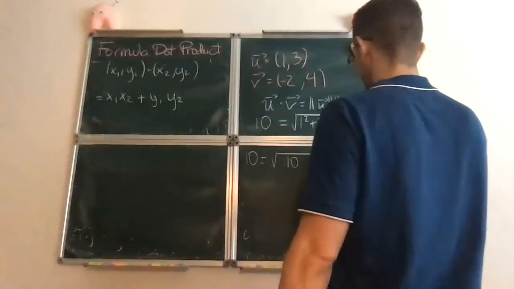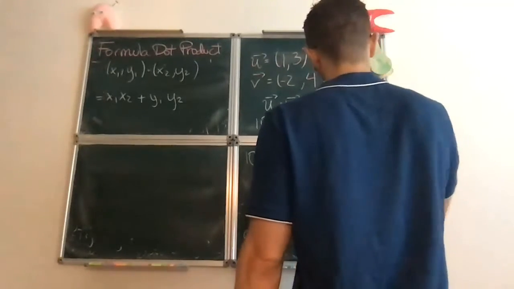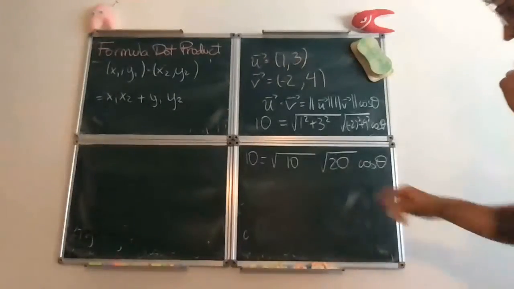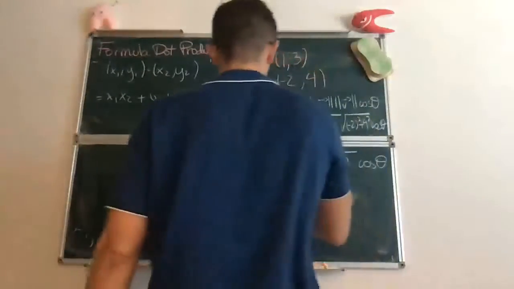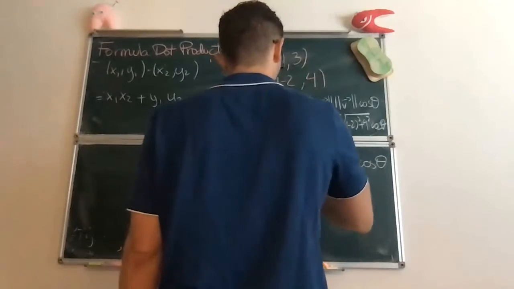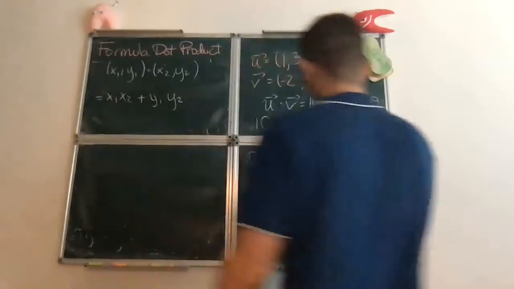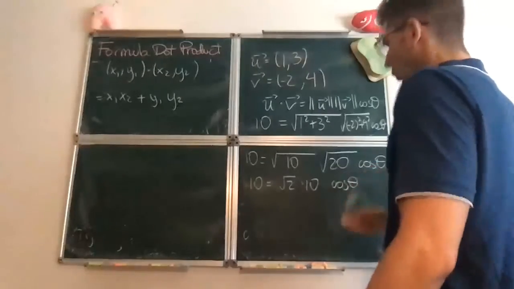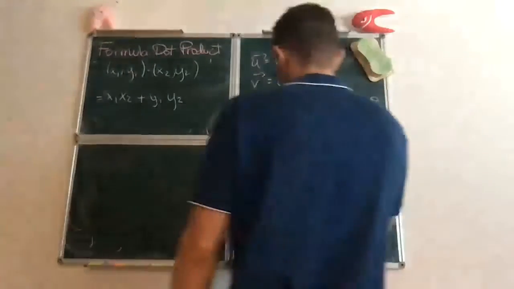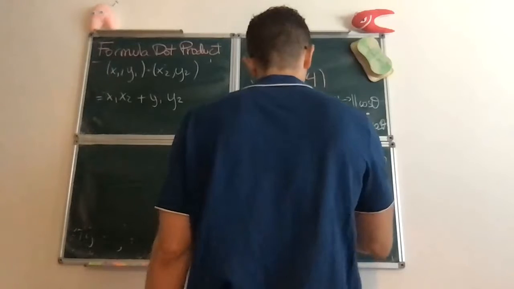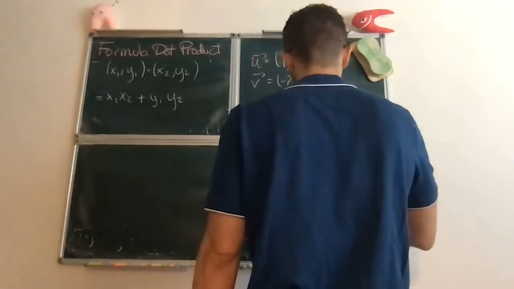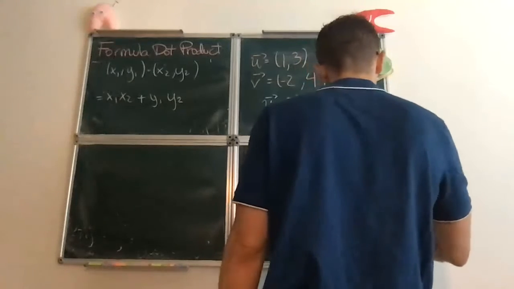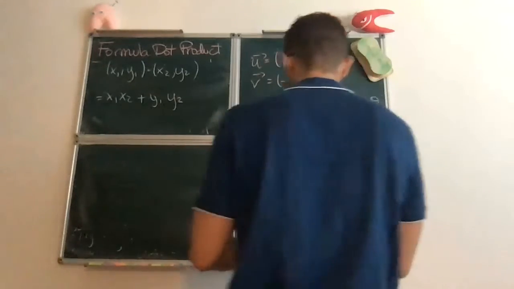4 plus 16 is 20, cosine of theta. And so this tells you that 10 equals root of 2 times 10, right? Because that's root of 200 times cosine of theta, which allows you to solve for theta. And you say that cosine of theta equals 10 over root 2 times 10, which is 1 over root 2, or the same as theta equals pi over